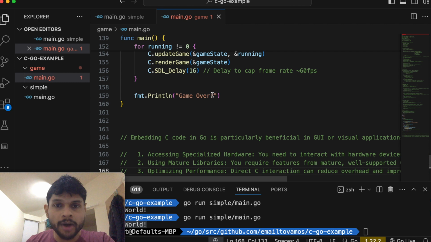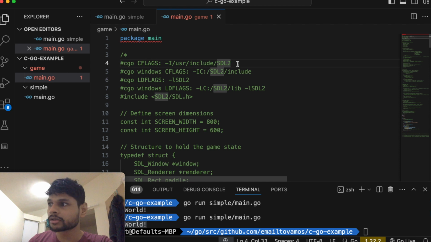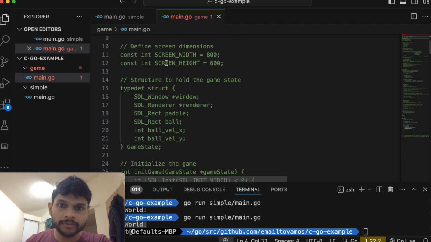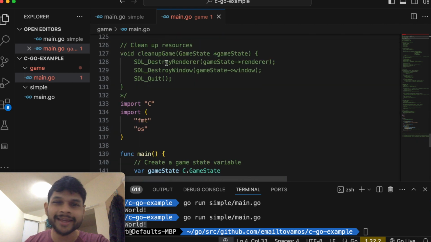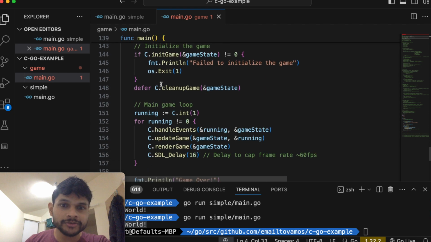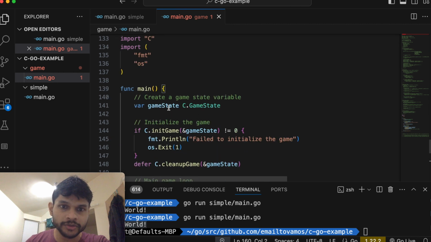Just to show you how powerful it can be. Golang does not have inbuilt features to create GUI applications for you, right? But C has SDL2, and using SDL2 you can create GUI applications. So in this case I have installed SDL2 on my laptop, and I'm using this entire code of C, which is essentially a game. And I have very small Golang code here, which essentially creates the